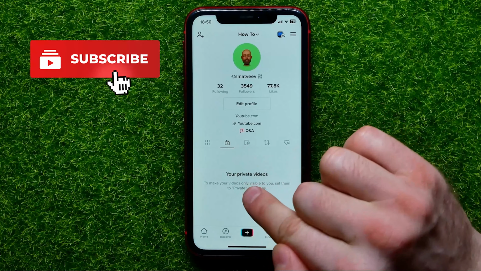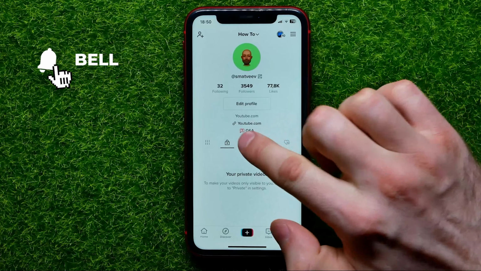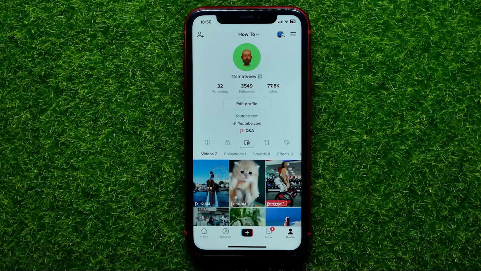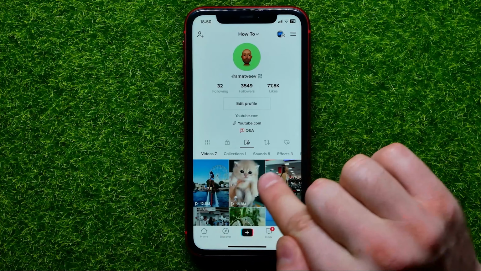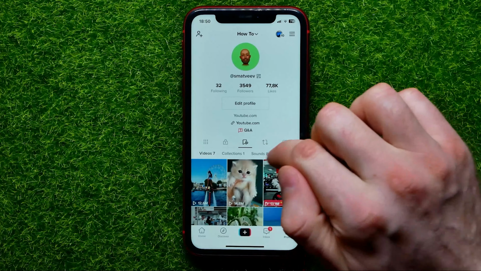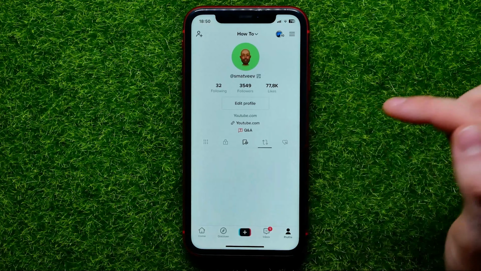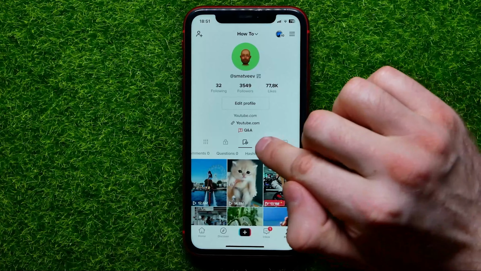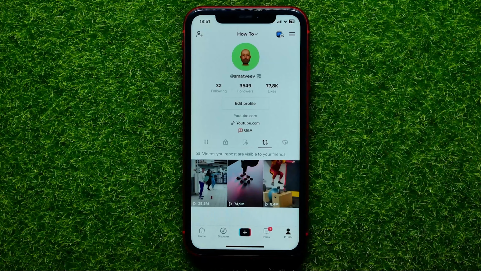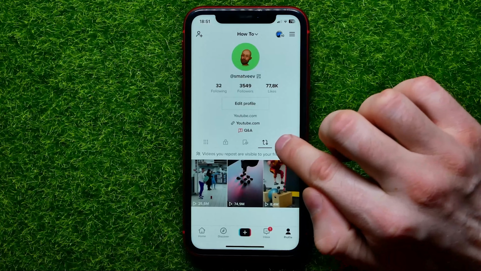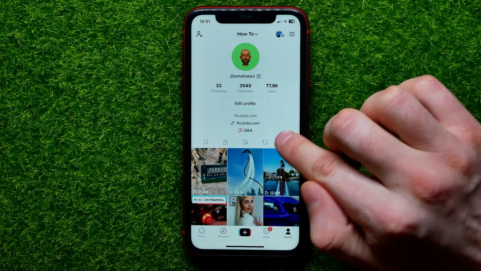So here you can find your private videos. There you can find your bookmarks that may include videos, collections, sounds, effects, places, comments, questions, hashtags, and products. The next tab is your reposts. So now you are able to find the videos you have reposted on TikTok, and also there is that tab